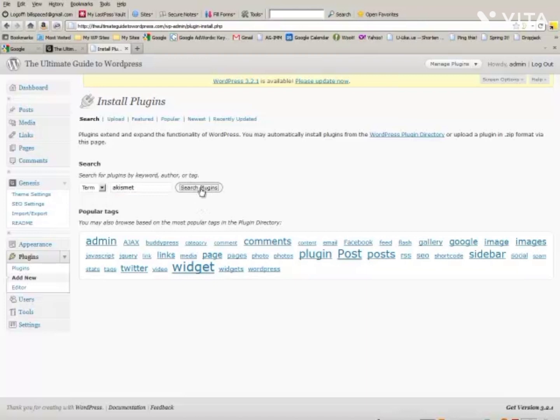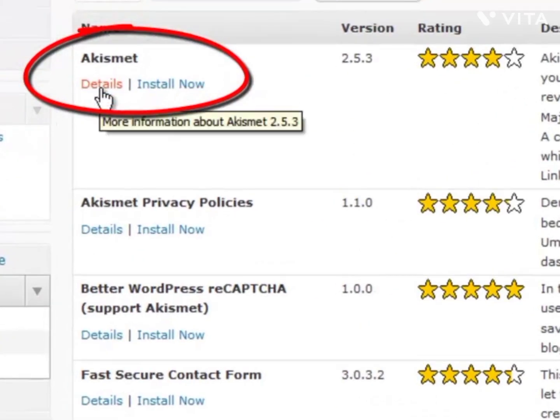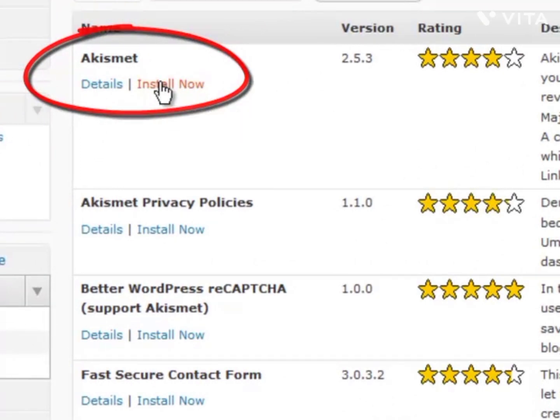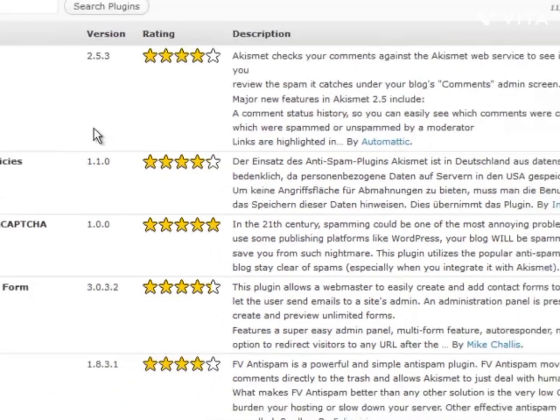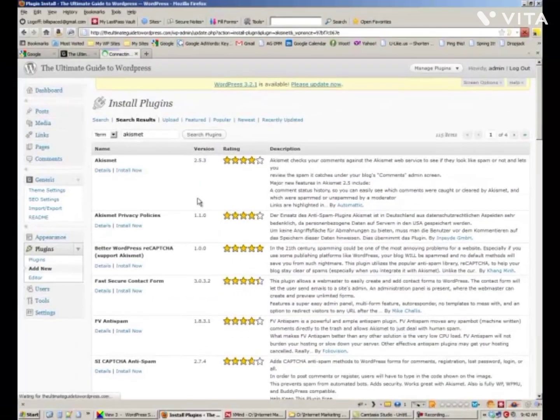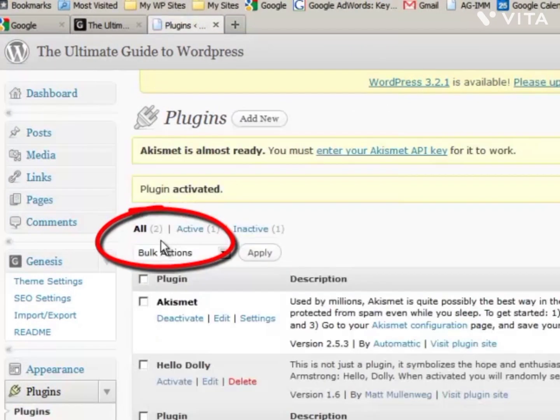So then you search plugins and you find it here. You have two options. One is details, which will tell you more about it, or you can just install now. Install now and click on OK. Then you activate the plugin, and then you go to settings,